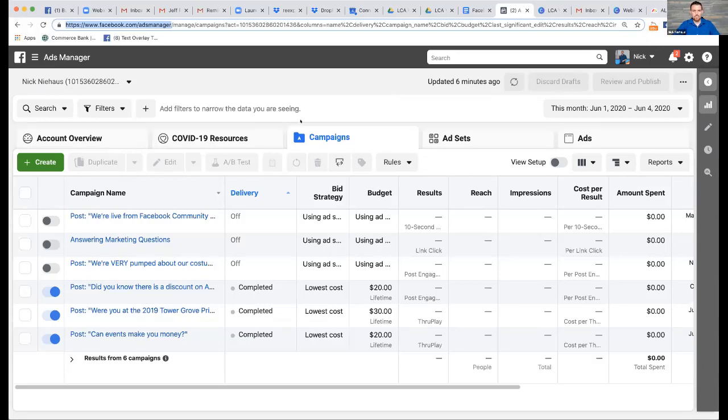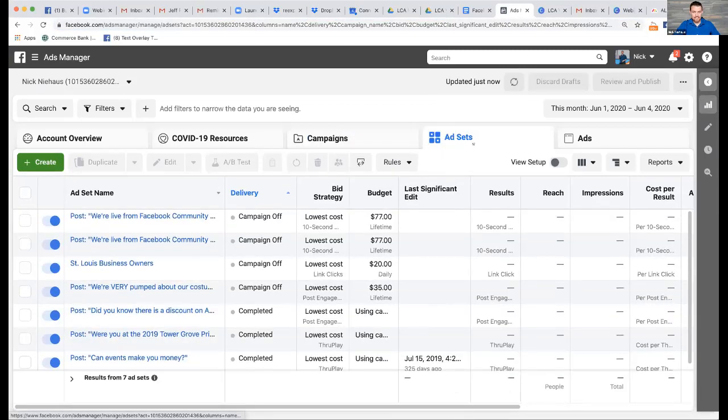So we're starting here on the main screen of the Ads Manager. There are a few different tabs up here. The primary tab is this one, Campaigns. The campaign is kind of like the top of the tree that branches out with all of the components of your ad. There are actually multiple layers to creating an ad on Facebook. So think of the campaign as the umbrella that covers everything else that you're going to be putting into this. The campaign is going to have a specific objective. So you're basically telling Facebook what it is you want to accomplish with the ads. I'll show you that in just a second. The second layer is what's called the ad sets.